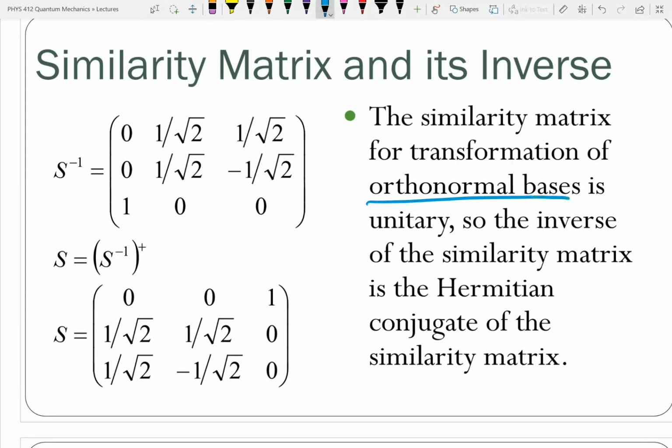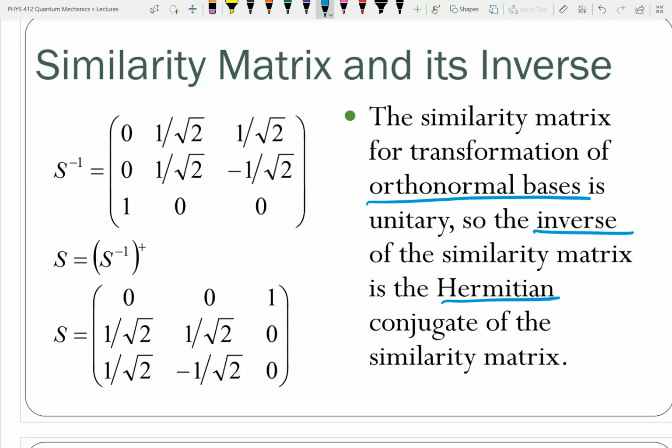If we have an orthonormal set of bases, which we do for a quantum mechanics system, then the inverse of the similarity matrix is the Hermitian conjugate. So all I have to do is take the Hermitian conjugate of S minus 1 to get S. That's supposed to be a dagger, but I don't have dagger in my character set, so that's why it's a plus sign. So my similarity matrix is just the